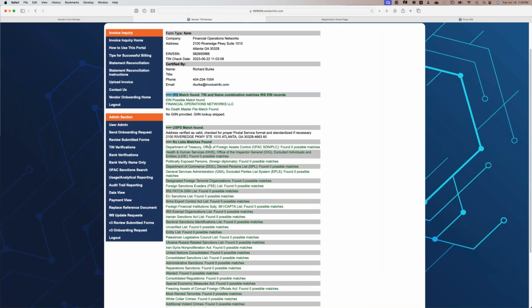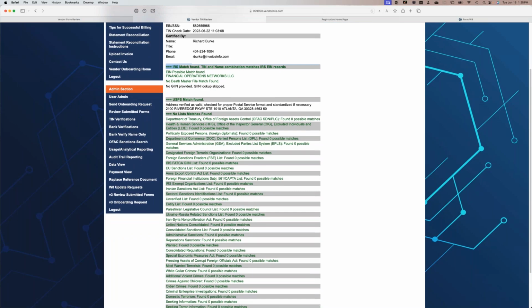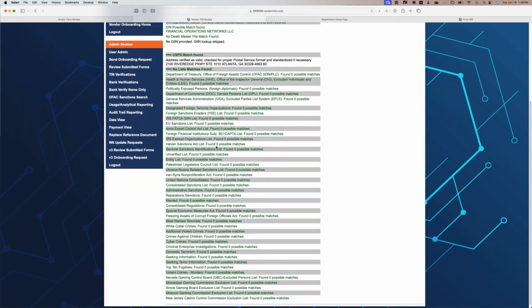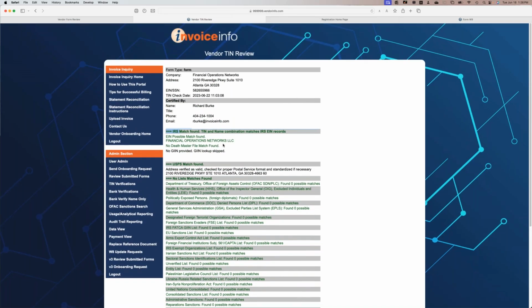The Department of the Treasury lists are also verified. Health and Human Resources lists from the Inspector General are verified. If you're in healthcare, I know this is important to you. It also checks various lists for cyber crimes, FBI lists, CIA lists, FACTA lists, and so on.